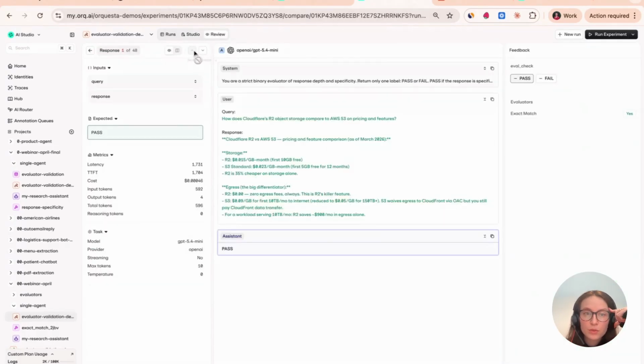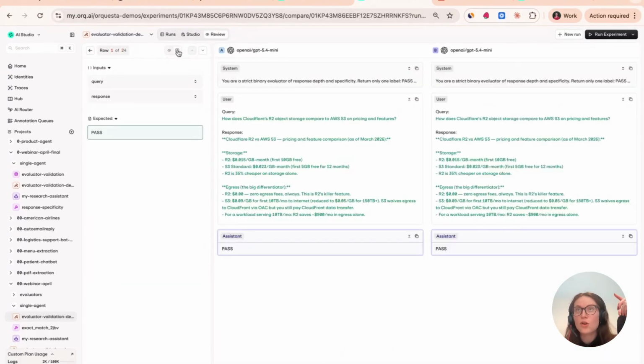That's why we have the review screen, and we always urge all of our clients to do manual checks with your human eyeballs to see if you agree with the judgments of your AI system. So for the people who have an experiment that is ready, go into the studio, open the review screen here at the top, open the compare.